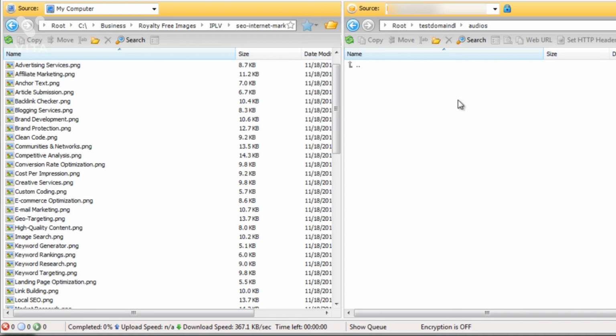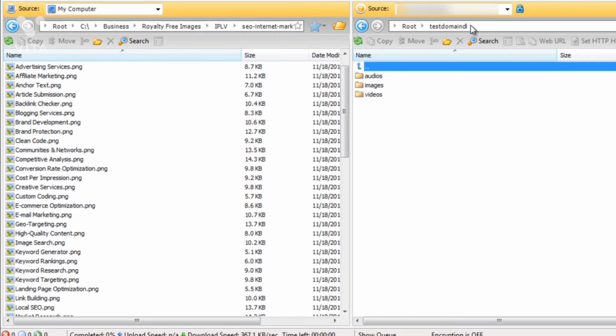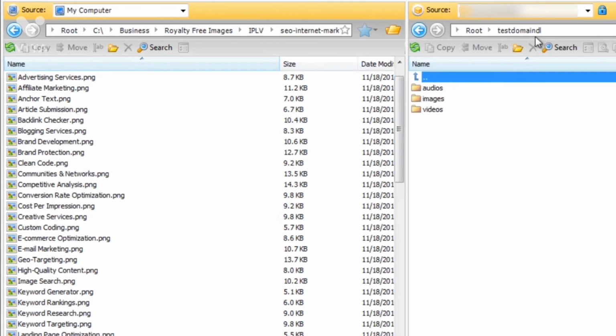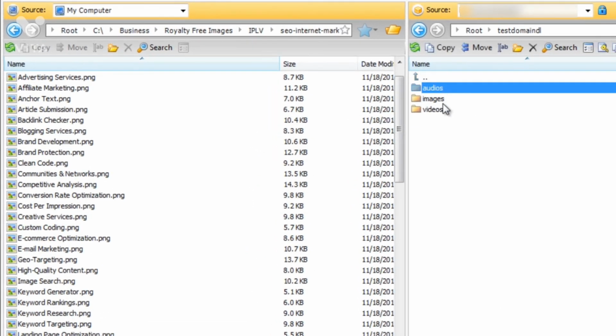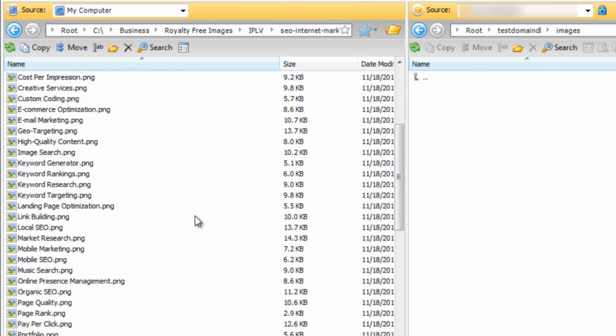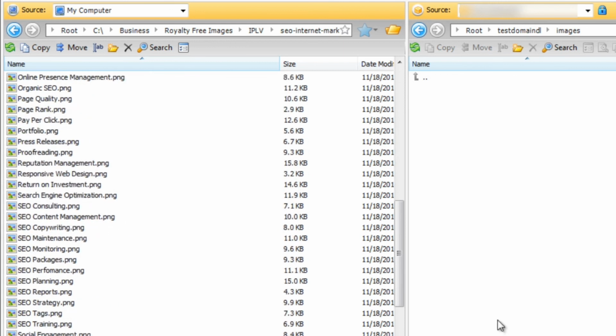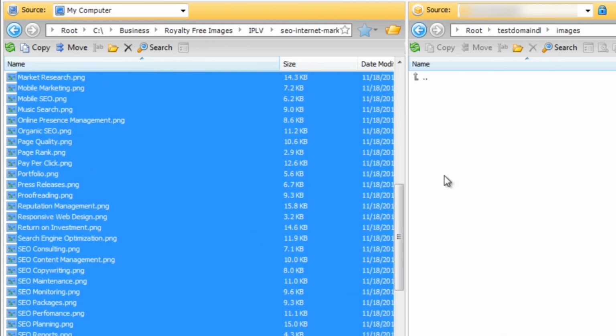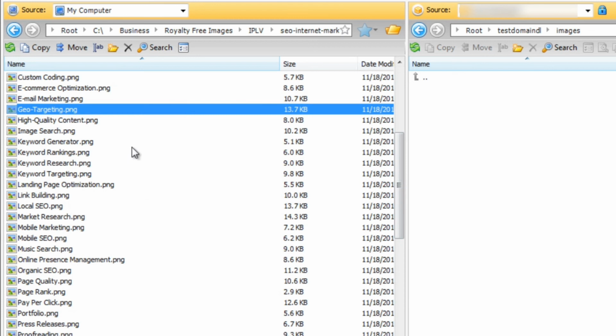So as you can see here, we left it off where we did earlier, and this is my account, and I am under the test domain DL bucket, and we can see these particular folders. Now I've got an images folder, and these are images over here, and I'm going to transfer these files over to here. So you can either select them individually, or if you want to highlight a certain